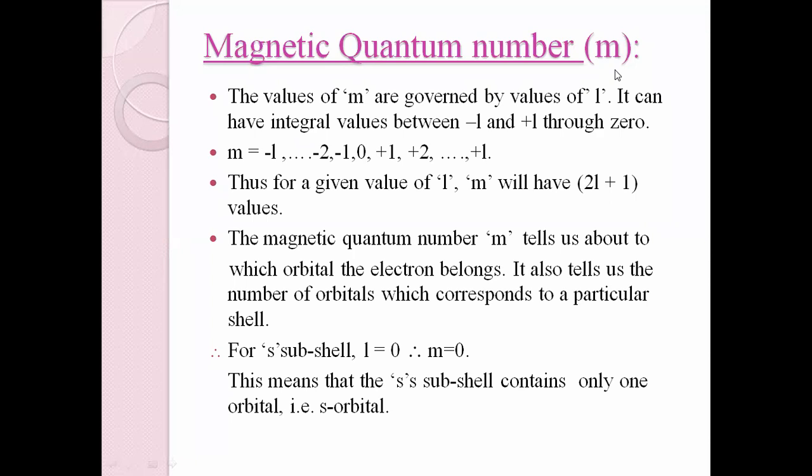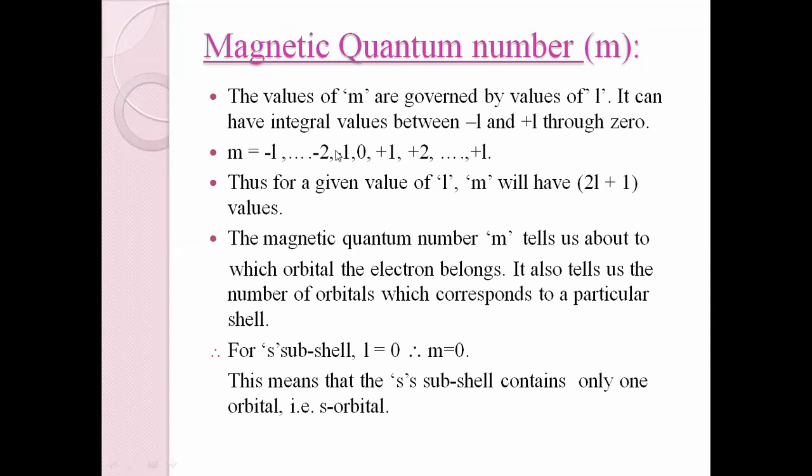Also, m is telling one more thing: to calculate it, you need to use this formula, which is 2l plus 1. What is that? 2l plus 1. These are the values m possesses. 2l plus 1 जो भी आंसर आया है उसको मुझे नंबर लाइन फॉर्म में लिखना है, मतलब इंटीग्रल वैल्यूज लिखना है, which range over -1 -2 0 1 2 3 that way, ठीक है।